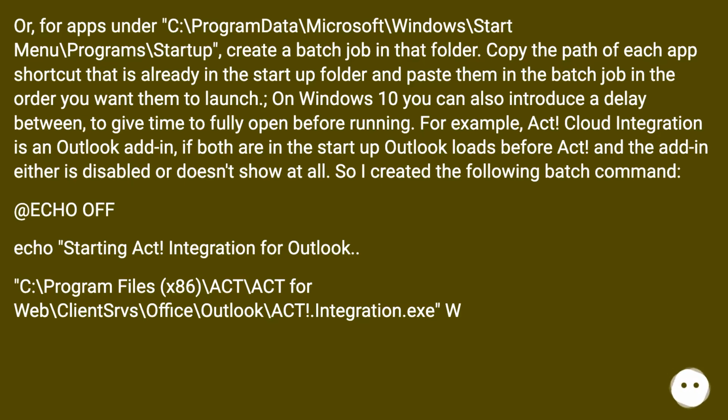For example, Act! Cloud integration is an Outlook add-in. If both are in the startup, Outlook loads before Act!, and the add-in either is disabled or doesn't show at all. So I created the following batch command: echo off, echo starting Act! integration for Outlook, C:\Program Files (x86)\Act for Web\Client Servers\Office\Outlook\ActIntegration.exe